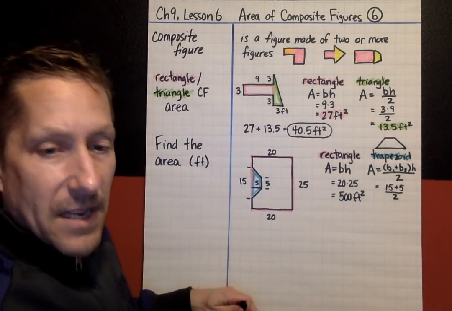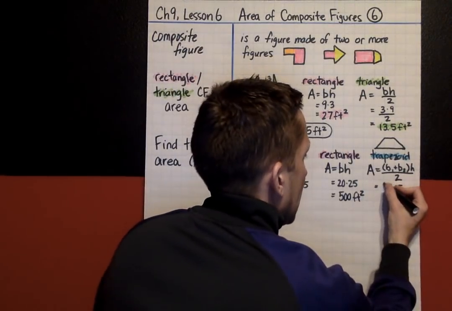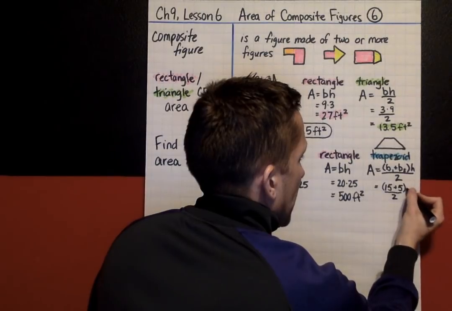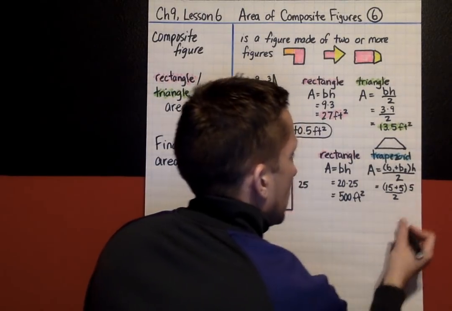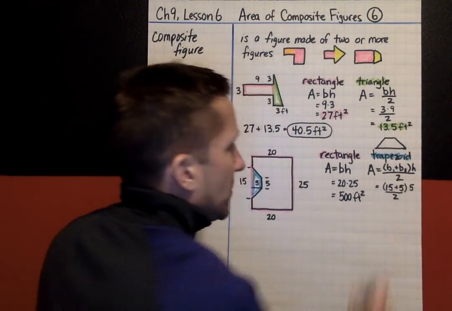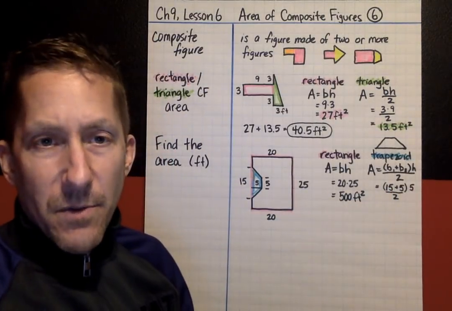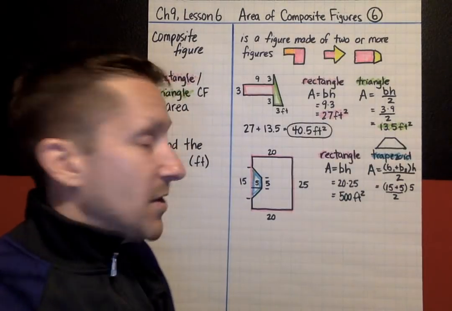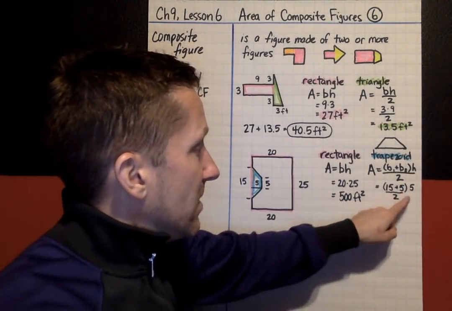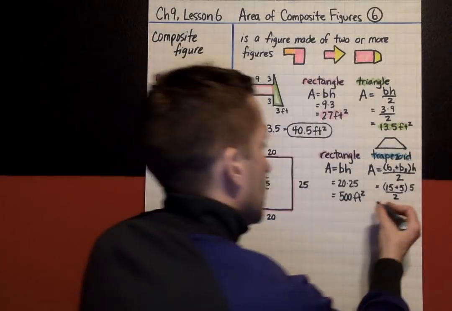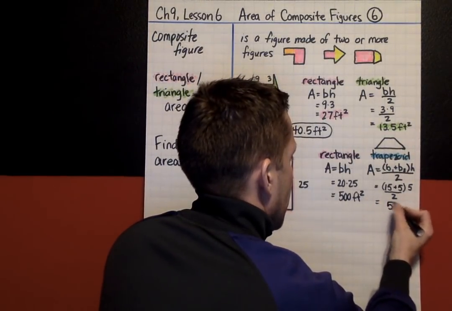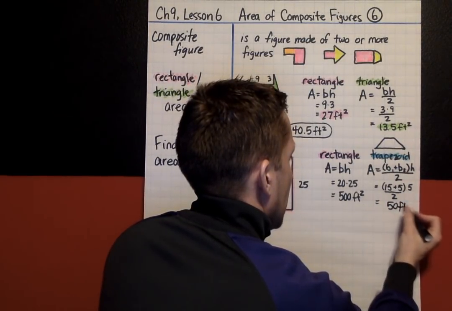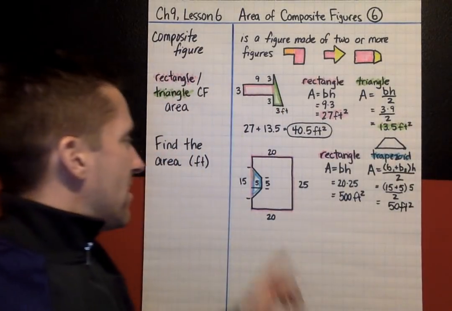So that gives us, oh, I also forgot, base 1 plus base 2 times the height. So plugging in our numbers for the trapezoid, parentheses we would do first. So we would get 20 times 5, which is 100. Divide 100 by 2, and we would get 50 feet squared. That's the area of the